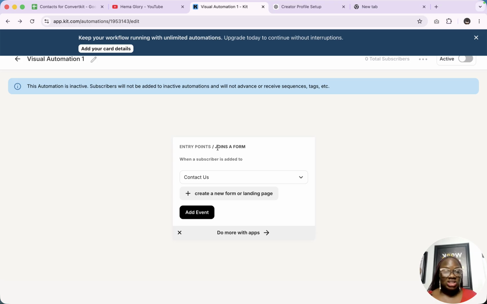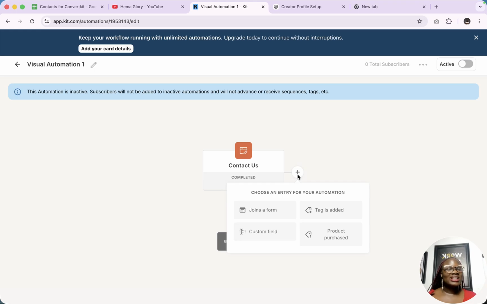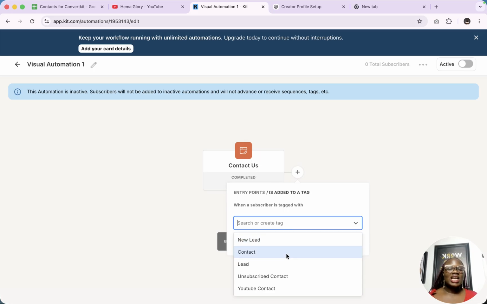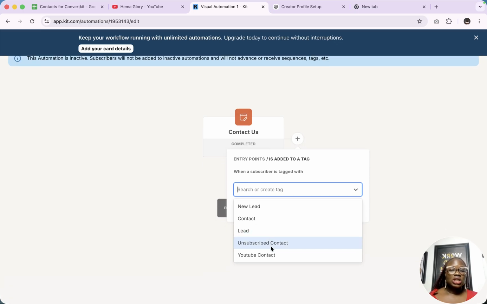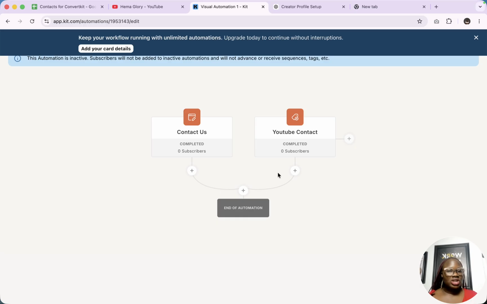We can also say, okay, after you've added the contact us form as the entry point for this automation, you can also add the plus button and add multiple triggers. So it can be that if someone is coming in from the contact us form, or if a tag is added, and you can say maybe the tag is contact, or the tag is lead, or the tag is YouTube contact, then this automation is also going to be triggered for them. As you can see, it has created two